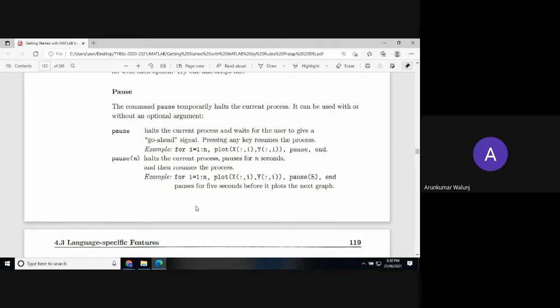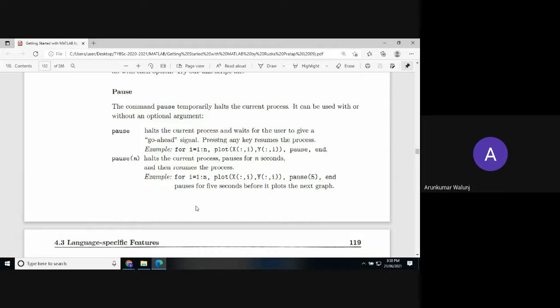So whatever process is going on, say printing is going on, or some kind of data computation is going on at the back of the screen, you want to wait for some time. So pause is the special command to halt the current process and wait for the user to give a go-ahead signal. Pause has a remedy to go ahead again by pressing any key on the keyboard to go back to the process.